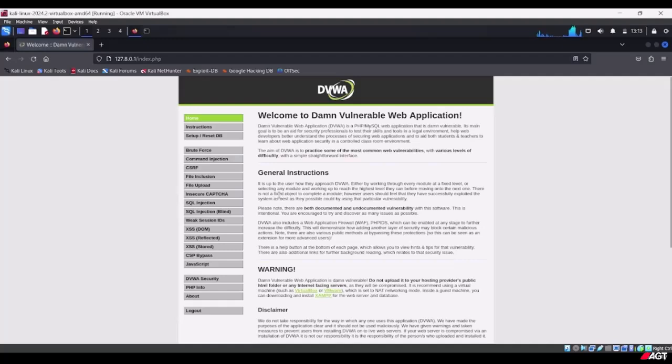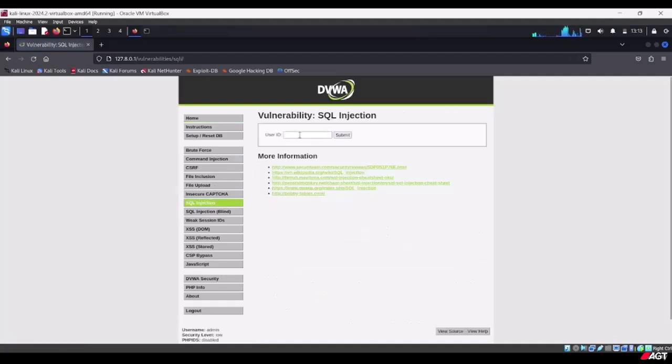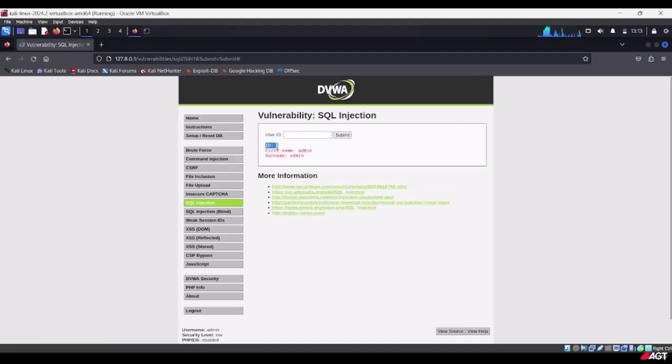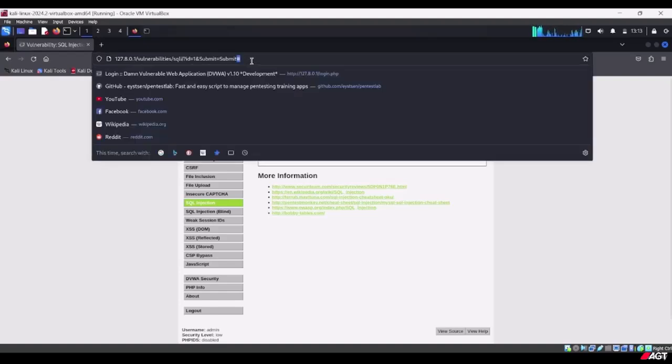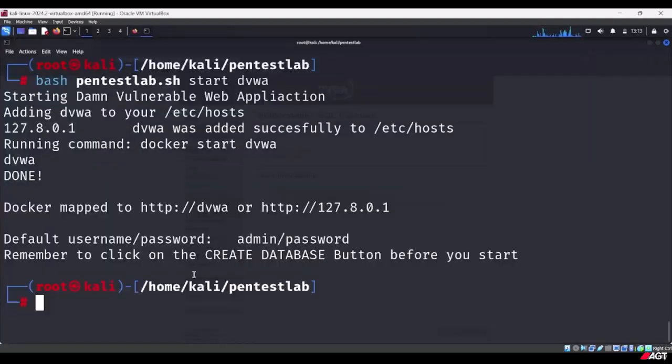Click login, then move to the SQL injection tab, and here submit anything as the user ID. I'm submitting 1 as the user ID and clicking submit. You can see it is displaying ID 1, first name admin, surname admin. So just copy this URL, then open your terminal and type sqlmap and specify the URL